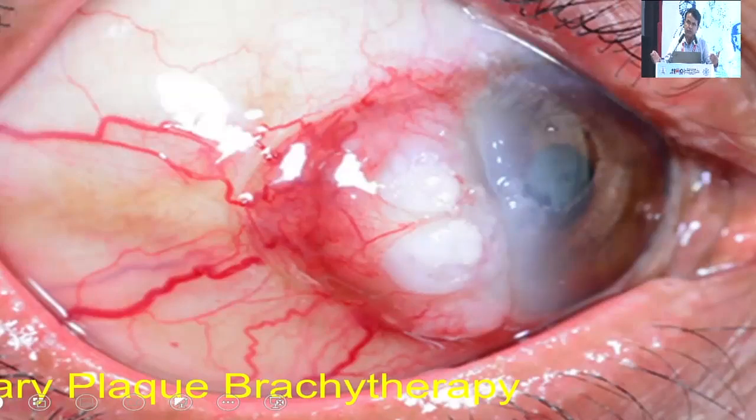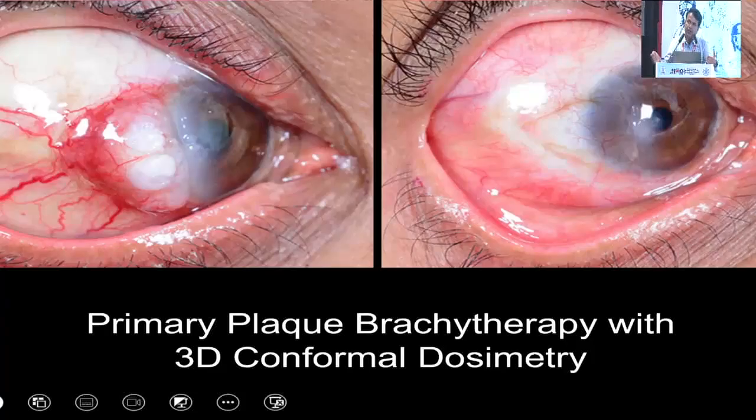But when you have a stromal melt already, like this patient has a stromal melt, can you do surgery in this patient without causing corneal perforation or scleral perforation? You cannot. There you use primary plaque brachytherapy. You apply plaque right on top of this necrotic melting tumor, and again you will get good results